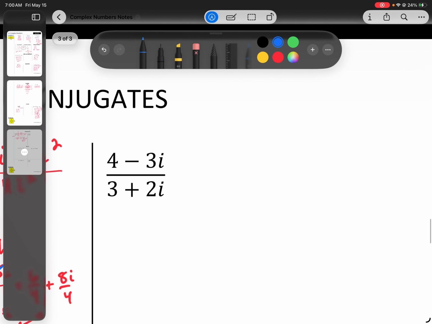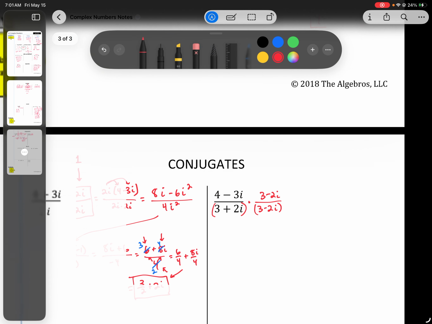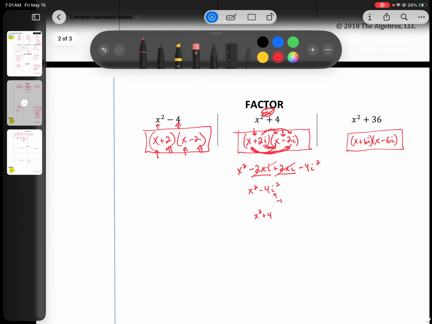Okay, here's the big one for today. We want to multiply by the conjugate pair in the denominator. So what is the conjugate pair of the denominator? We don't want the imaginary numbers in the denominator anymore, by the way. The goal is to turn this imaginary number or complex number in the denominator into a real number. That means eliminate the i. So the way you do that is you have to multiply by the conjugate pair, because up here,